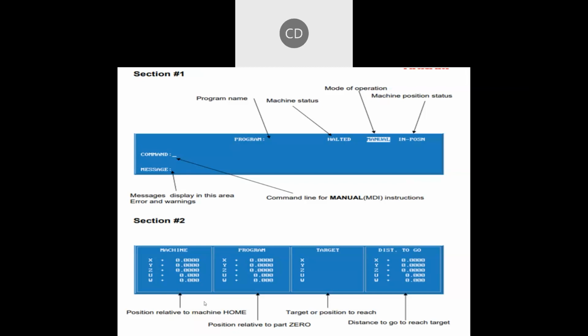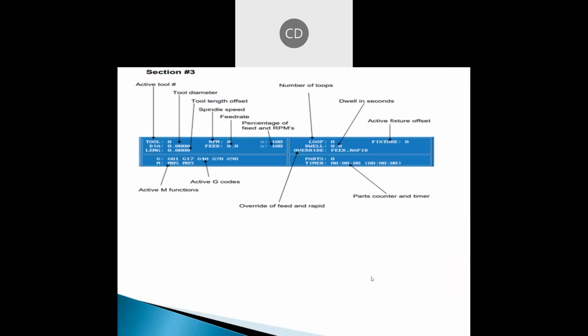So we are using the machine position, from the machine home, then the program relative to the part and target and distance. So these are the sections; section 2 will give the position. Then section 3 should give the active tool from the process, that is tools, then diameter and length